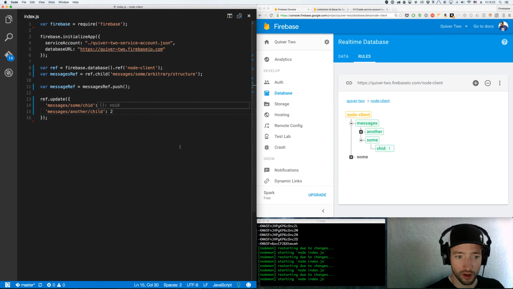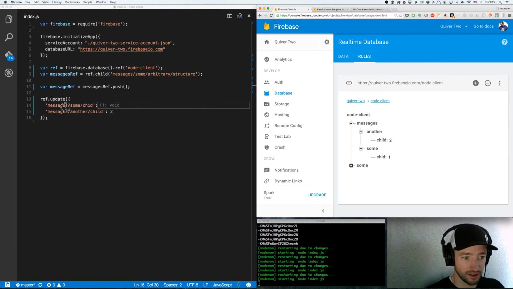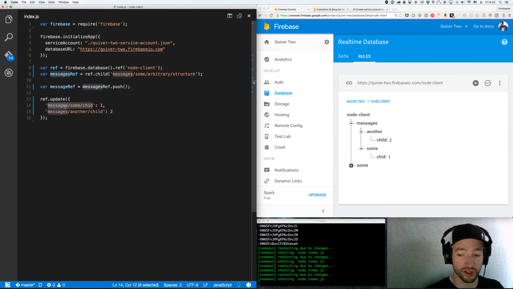So with update, I can pass in these paths, and it will do what's called a multipath update, an atomic multipath update. This lets you manipulate your data across your whole Firebase in an atomic manner. A lot of times you want to save a record in two places, say a log for the admin and a log for the user. You could say,